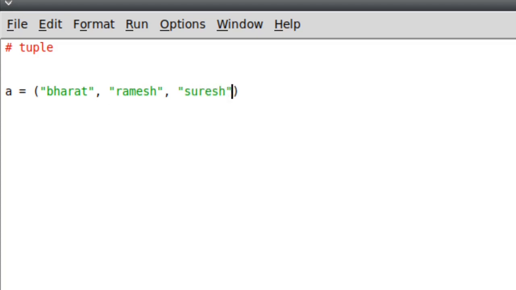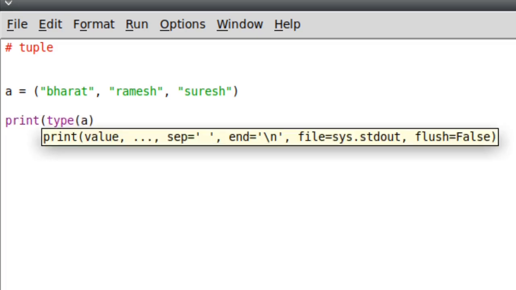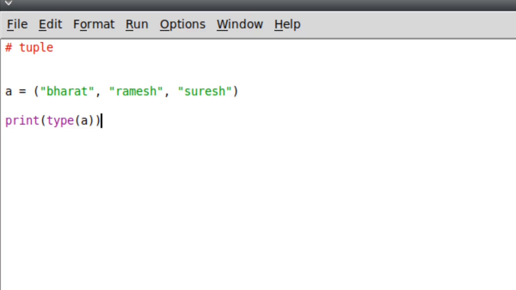So like this. So this is a tuple, and if we'll see what its type is, we can get that it's a tuple. So we are just checking the type now. And then we can get the value also like this.